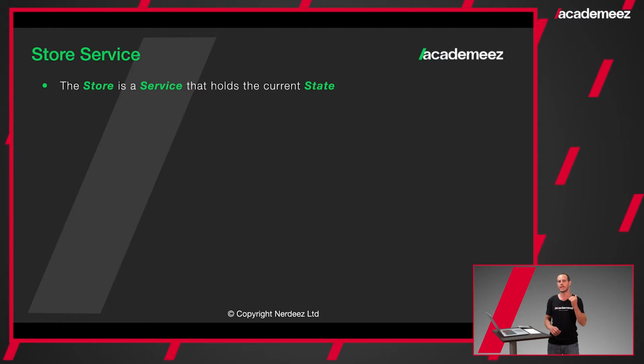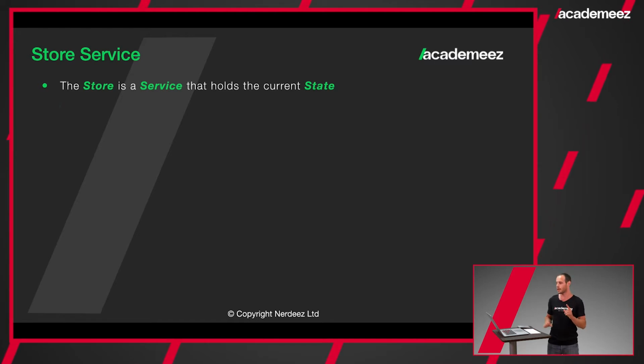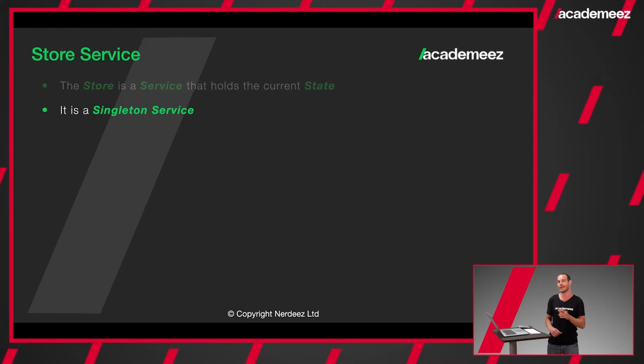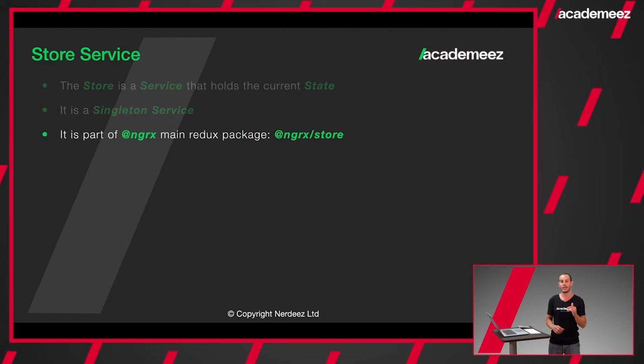Now remember from the previous lesson, we mentioned that we only have one state, and it's immutable and it's a serialized object. Because we have only one state, NGRX makes sure that we have only one store service. So the store service is a singleton. It can only create one instance of the store service, not more. So the store service is a singleton service, and that singleton service is provided in an NGRX package called NGRX